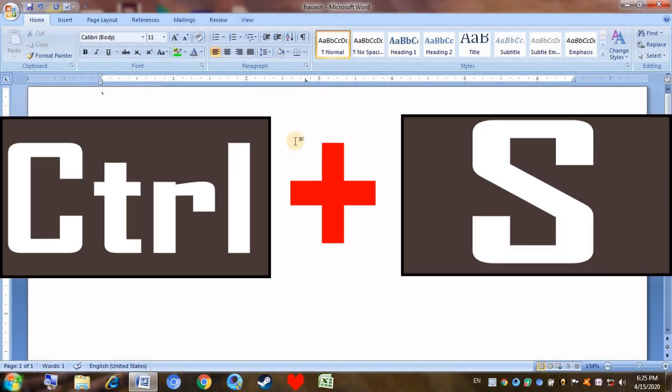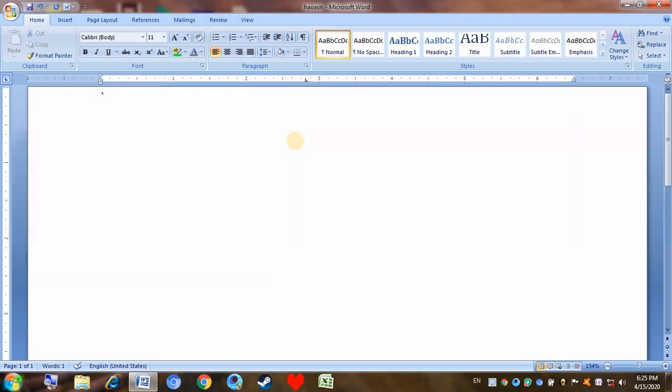Ctrl plus S to save a document. So let me type something. Okay, let me save this document. Ctrl plus S. So this document is saved. Because I already saved it and gave it a name, the dialog box didn't appear. This is used to save your document fast and to save time. So next shortcut,